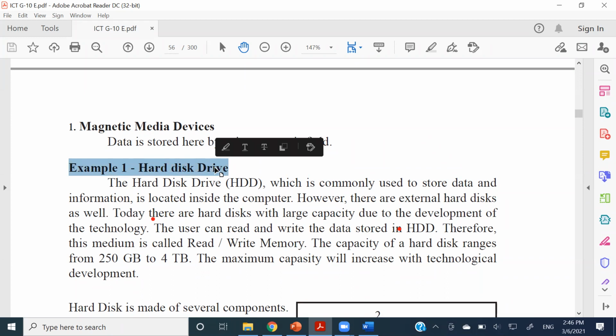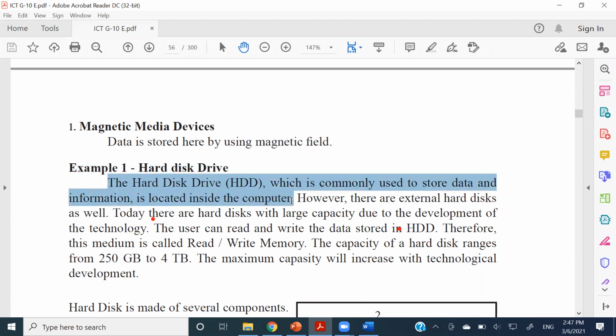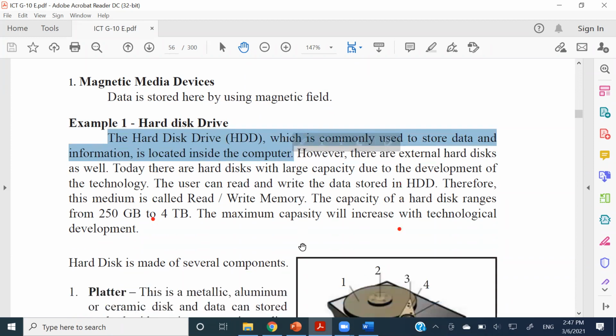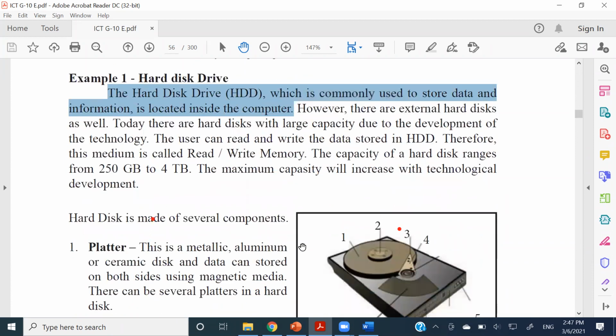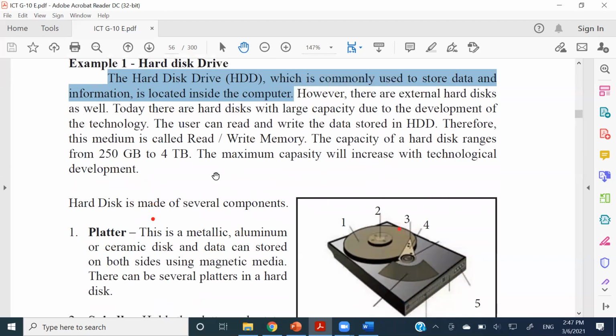And yeah, have this first sentence, right? Have that first sentence, and then you can write the components of the hard disk, right? So copy the first sentence, and then under that